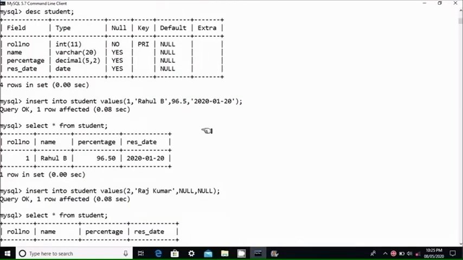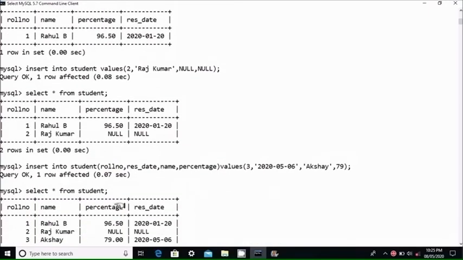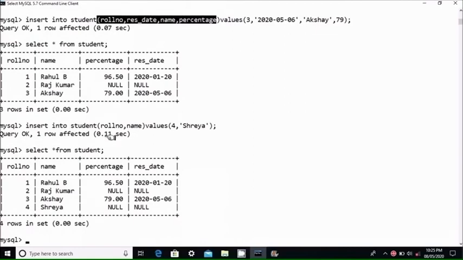So you should remember these points. While inserting data without column names, you have to pass values in the same order of columns which are present in the table. Apart from that, you have to make sure the character and date data types are enclosed in single or double quotes. Also, if you mention the column names, then you can change the order of columns. Then the values will be inserted into the respective column. Otherwise, if data is not available for some columns, then also the column list must be included.